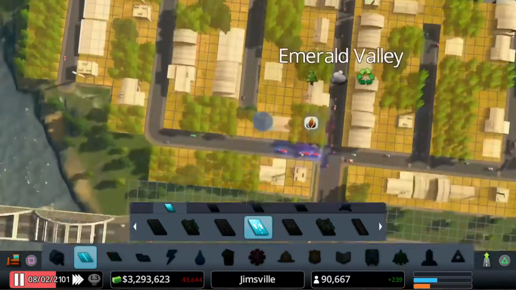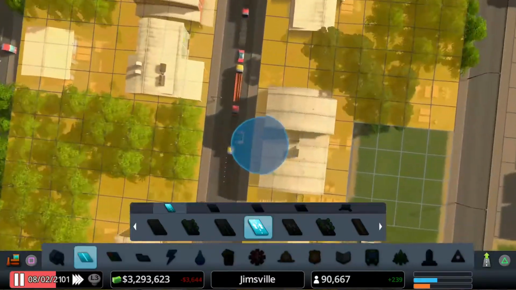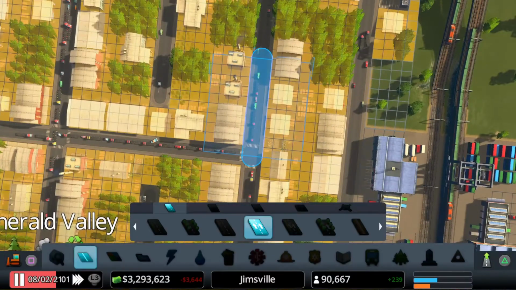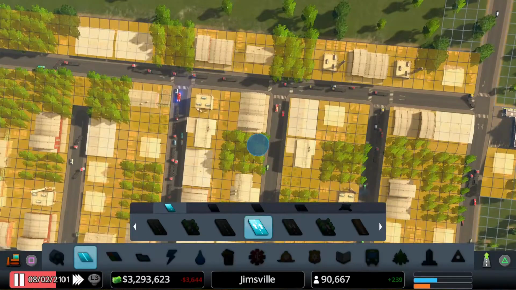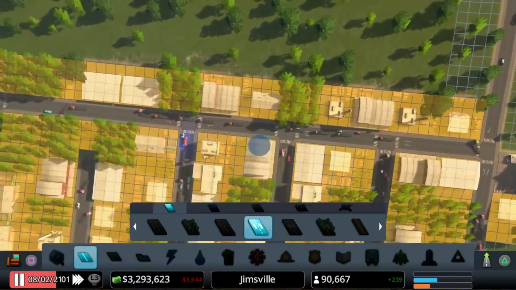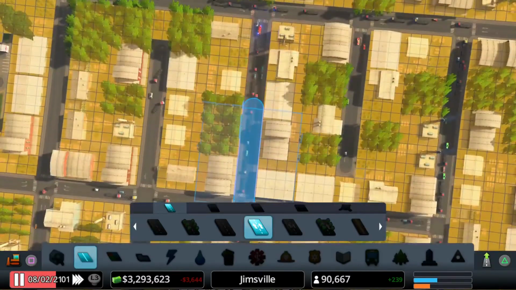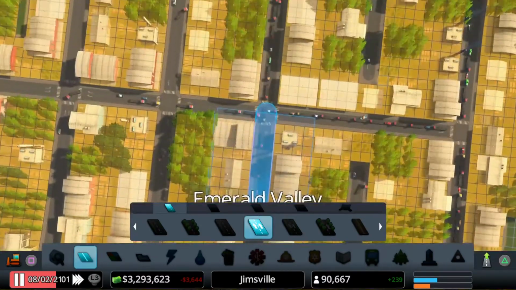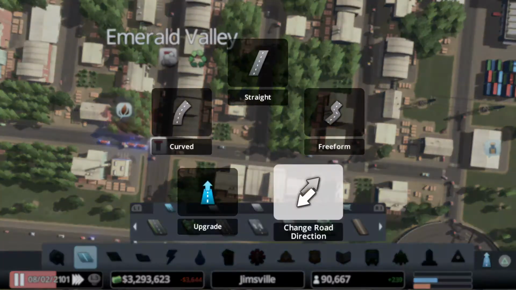That's good. That needs to be two-way. This needs to be one-way. So does this. And then so does this. This needs to be one way as well. As does this.